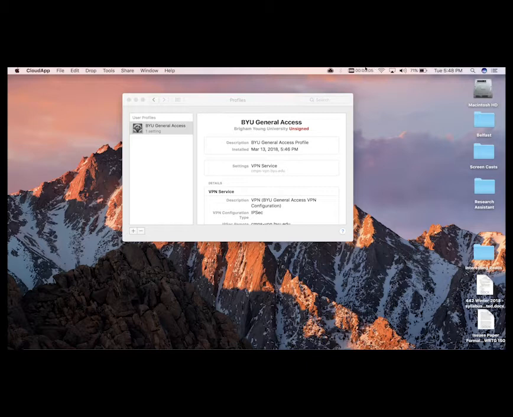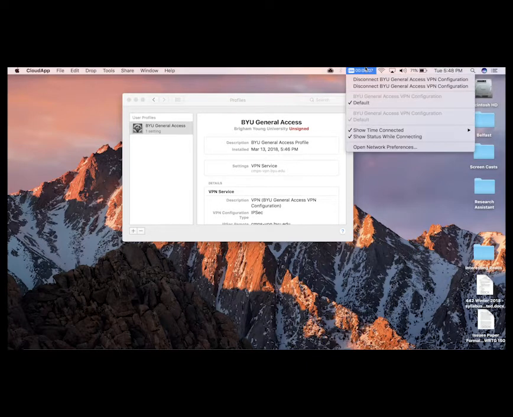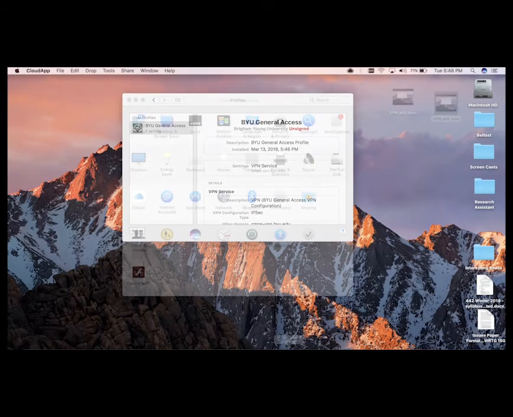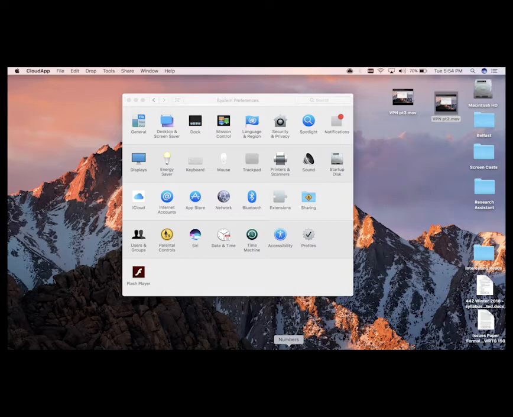And then you are using your VPN. And then if you ever want to disconnect from it, you just click disconnect. So there you go. And something you're going to want to do is add your VPN status up into your menu bar for Macs. And how you'll do that is you'll open up your system preferences, go to network,